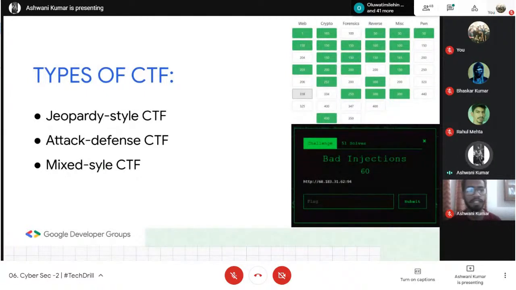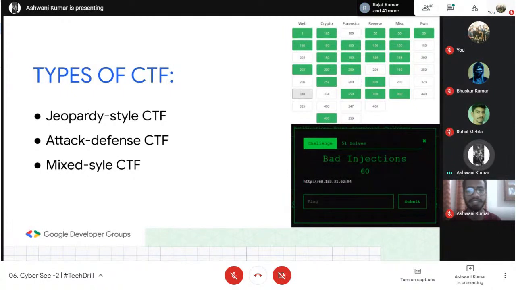We have already covered what is CTF, and now there are some types of CTF that we will go through. What are those types? Basically: Jeopardy, attack-defense, and mixed type. Fine. The CTF actually requires the same kind of skills.